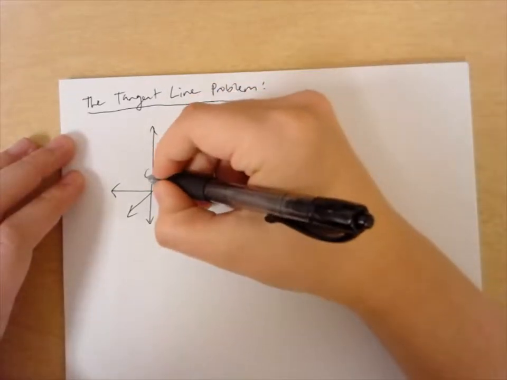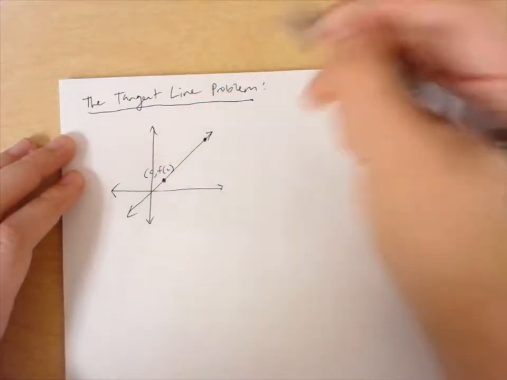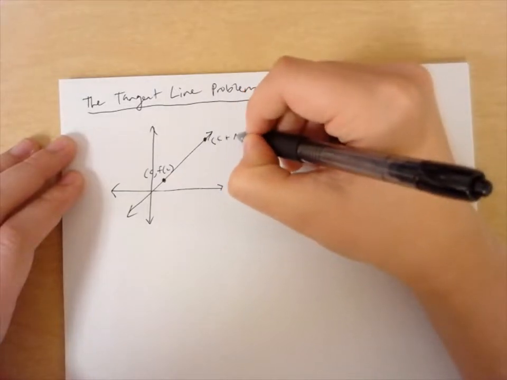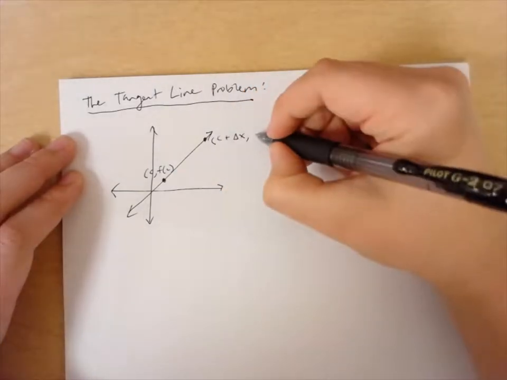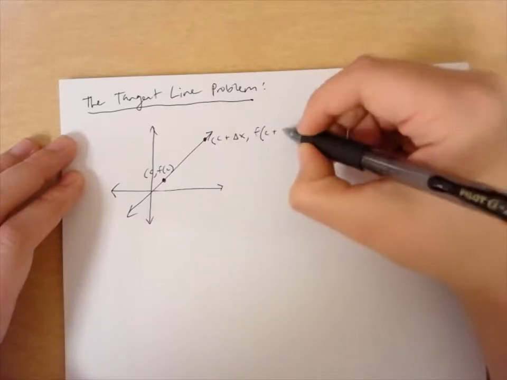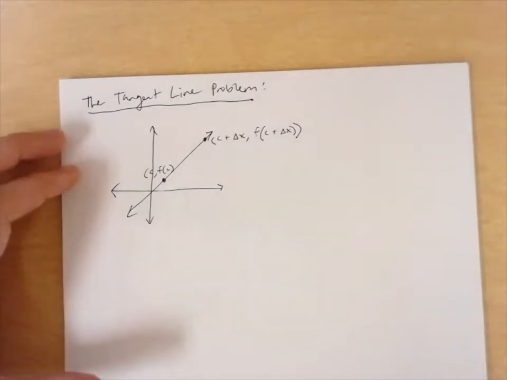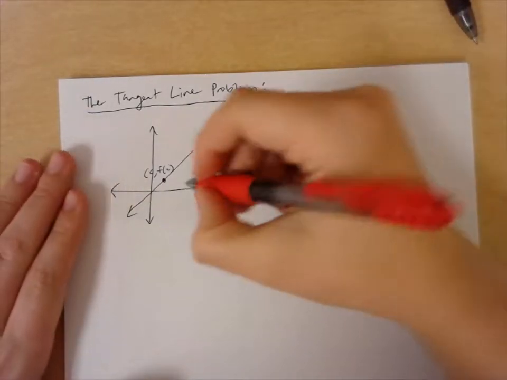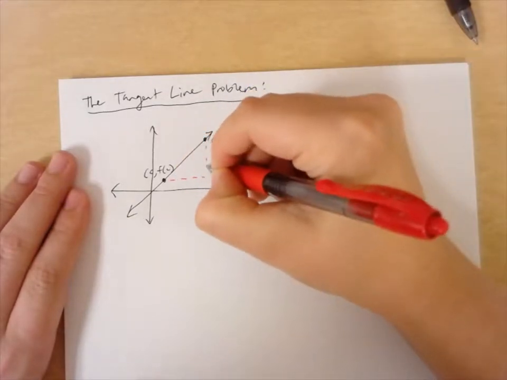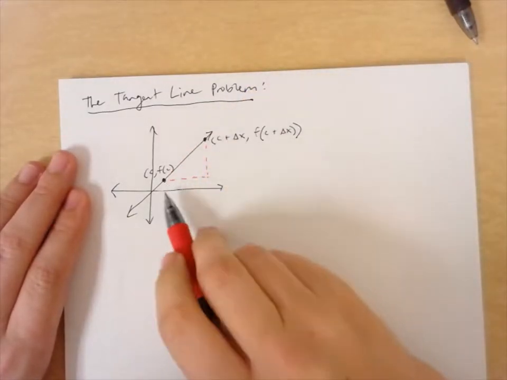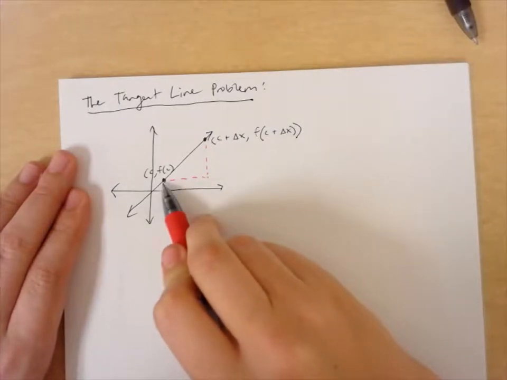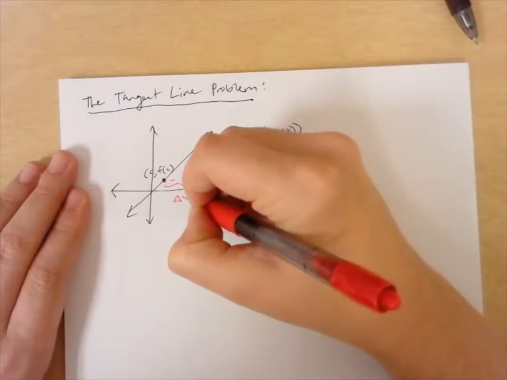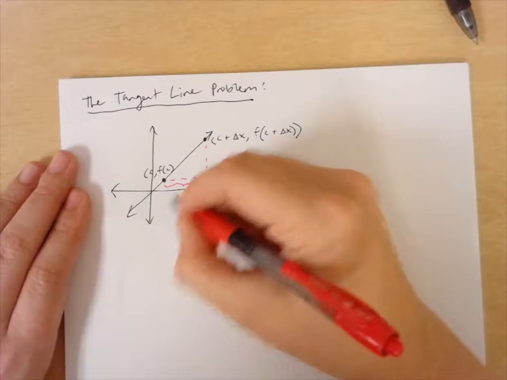We could call the first point C, comma, f of c, and we could call the second point c plus the change in x, comma, the function of c plus the change in x. And here's what we're illustrating. Let's draw some dashed lines. We are calling the change from the point to the point, the horizontal change, the change in x, or delta x,